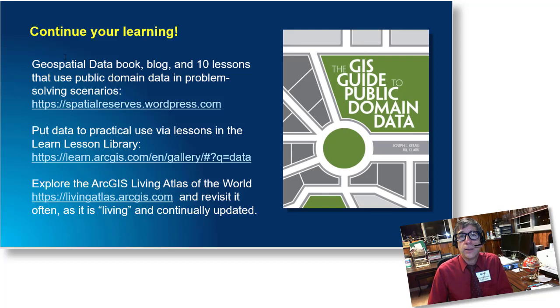Second, put data to practical use via lessons in the Learn Lesson library. Do a search on data and some other topics, and you'll be able to dig into this in a practical way. Back on that Spatial Reserves data blog, for high interest, search on everyday examples. That has the IoT feed with the 3200 degree temperature reading in Texas, the George Mason University as a Chinese fast food chain, and also a Beatles album that's not really an album, it's someone's misspelled playlist. But again, the whole theme of that particular essay is being critical of the data. And there are other fun but insightful examples, including fish at a food store. Point is, be critical of the data, including and perhaps especially mapped data.